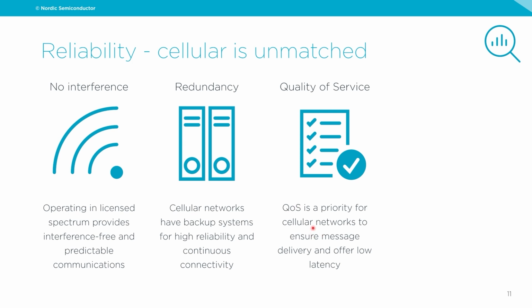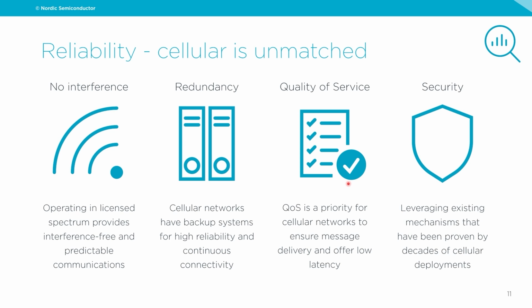And one important thing about this is that on cellular, you get assurance that your message will get delivered as part of the standard, and also low latency. This is important because in many LPWAN technologies, the part of the LPWAN which is standardized does not cover the reliability piece. So you need to handle the reliability, knowing whether your message was received or not, at the application level. This brings more complexity into your application code instead of focusing on the differentiation of your product and leaving the transport and communication piece to the firmware and the cellular modem.